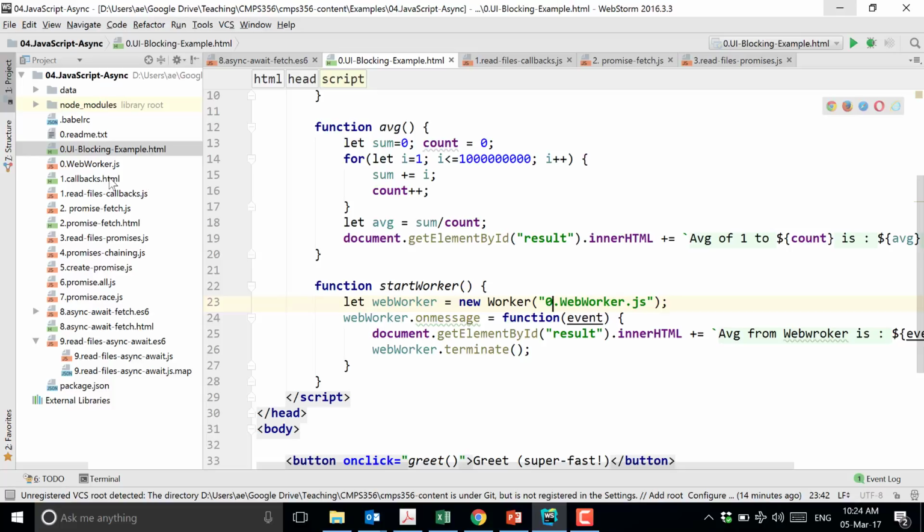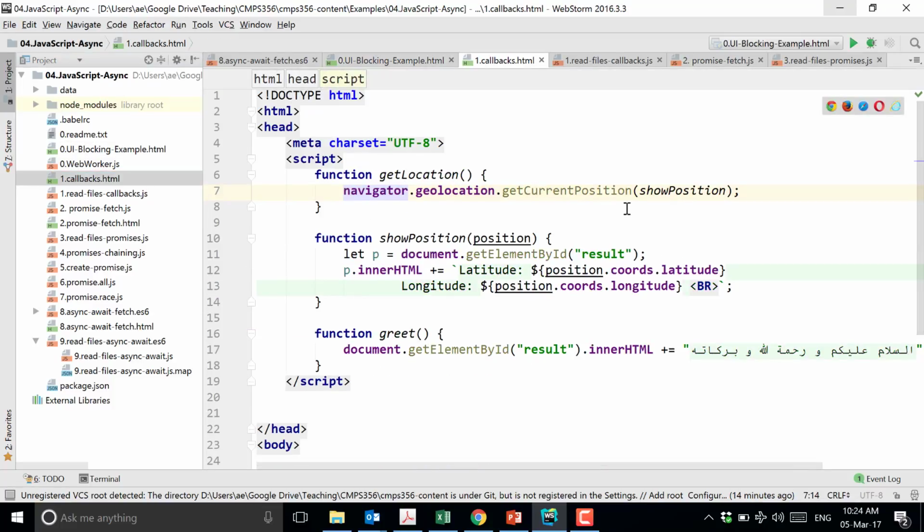Okay, so the first thing I will show you now is the concept of asynchronous programming using callbacks. The callback example is very simple and very straightforward and exactly matches the way we do it in the real world. You give somebody some task to do for you, you don't wait for them. Because your time is valuable, you have many things to do, you cannot afford to block yourself and wait there. You give them the task, and what else do you give them? Yes, typically a phone number.